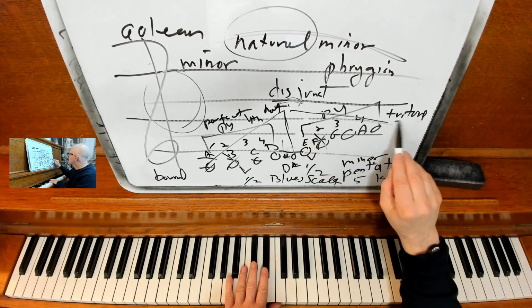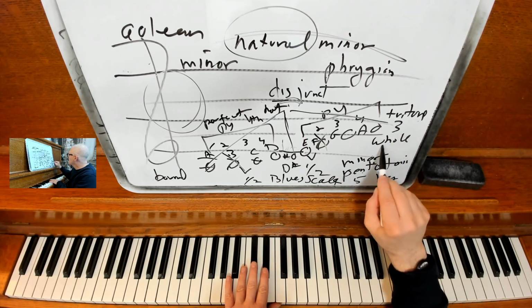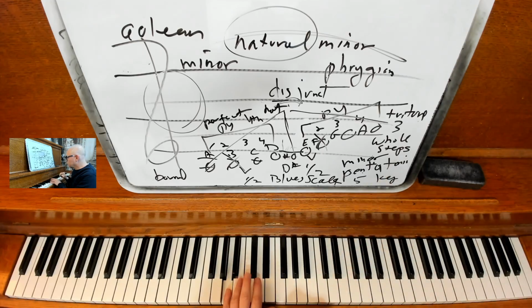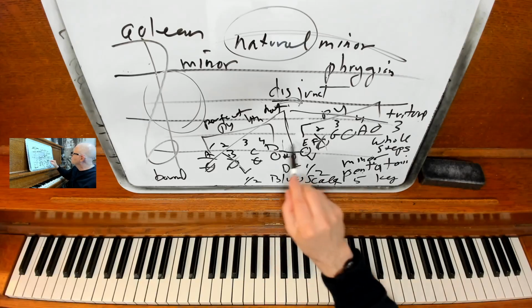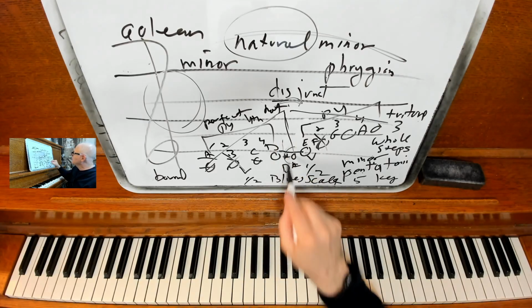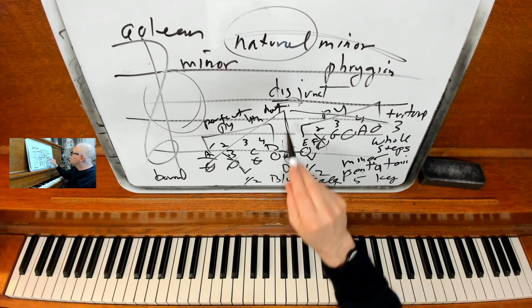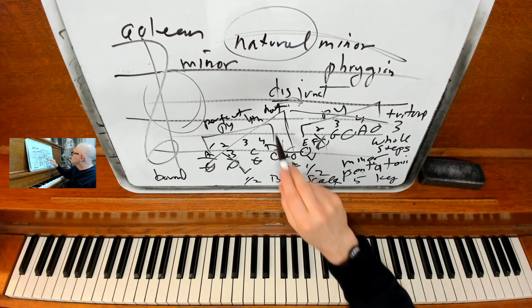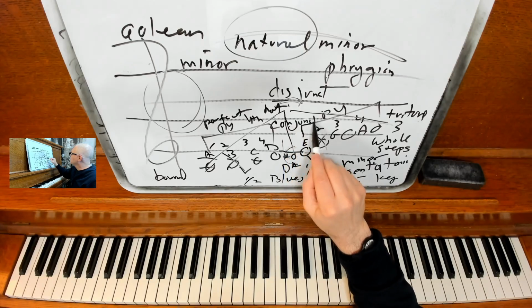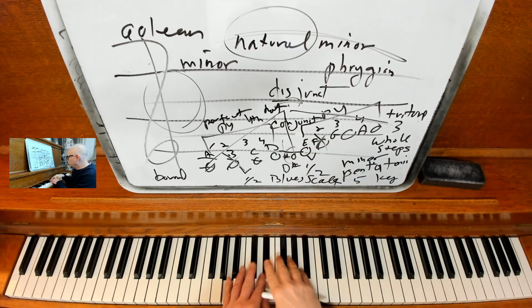3 whole steps. There's a whole step, and there's a whole step, and there's a whole step. And likewise, there's a whole step, and there's a whole step, and there's a whole step. And both of those tetrachords, those are tetrachords because they have 4 notes, right? They share this note, and that's if they both share that note. So that's one instance. Now we have a conjunct, C-O-N-J-U-N-C-T, a conjunct relationship,